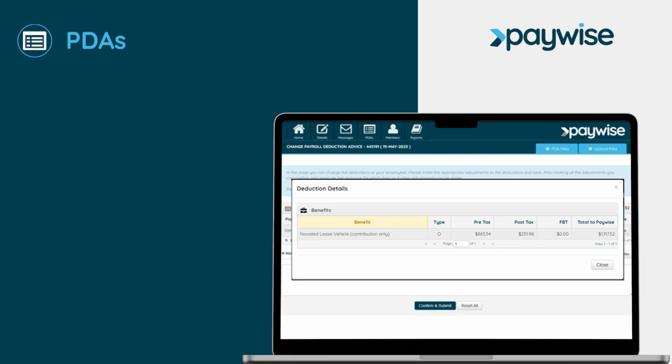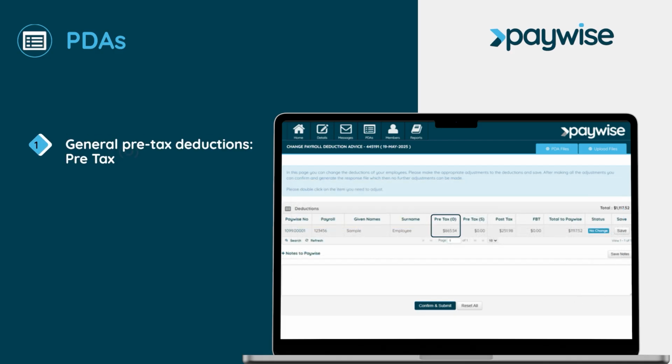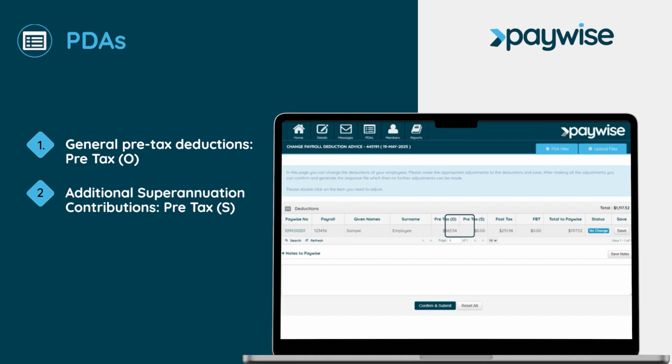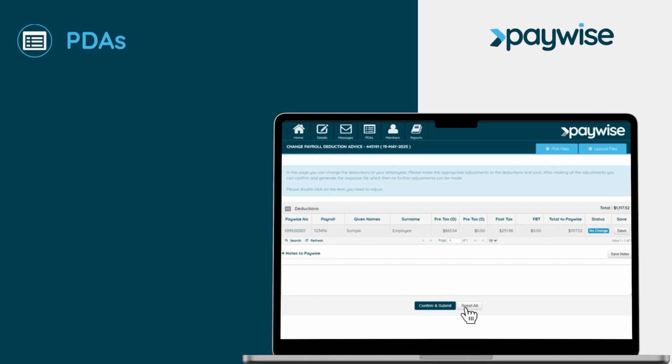If you need to edit a deduction amount after payroll has processed the deduction, double-click the pre-tax deduction amount to edit it, input the actual amount deducted from the employee's pay, and then hit Save. Please note the following. For general pre-tax deductions, use the pre-tax O field. For additional superannuation contributions, if offered as a benefit through Paywise, use the pre-tax S field. And for any deductions made from the employee's net pay, after tax, use the post-tax field. If you need to make further changes after the initial update, click Reset, then double-click on the deduction to edit,